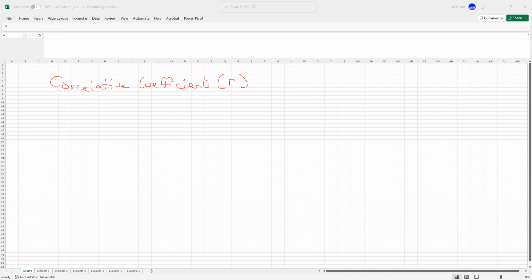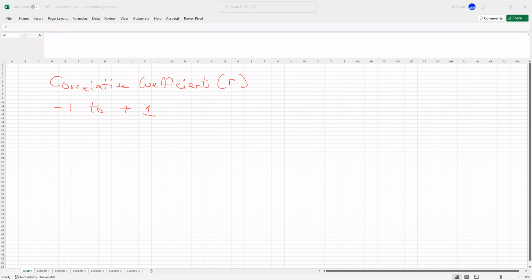And what it does is that it shows you the strength and the direction of the relationship between two variables, right? And it has a few very easy characteristics that can let you know what the correlation result is. Like I said, it usually ranges from -1 to +1, right? As the number goes close to 0, it's showing that you have little to no relationship between those two variables,